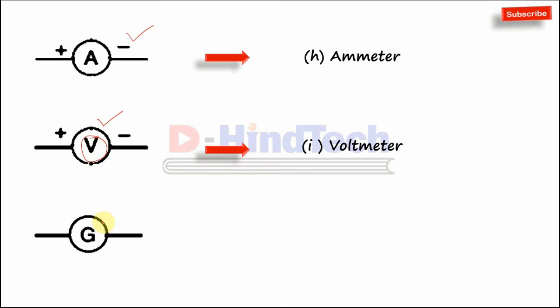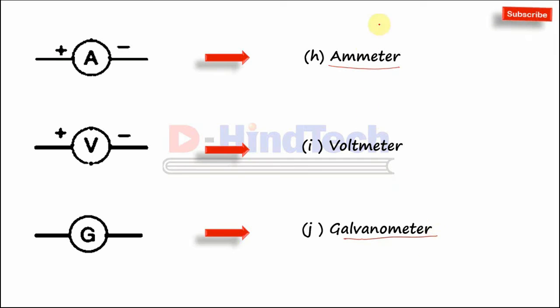Then about this galvanometer, this symbol is used for galvanometer, and this is also an electrical instrument used for detecting the presence of electric current. Okay, so please don't get confused between the use of ammeter and galvanometer. Because an ammeter is used for measuring electrical current, and a galvanometer is used for